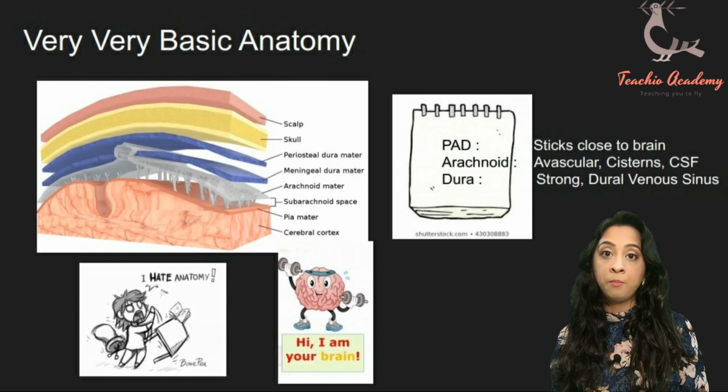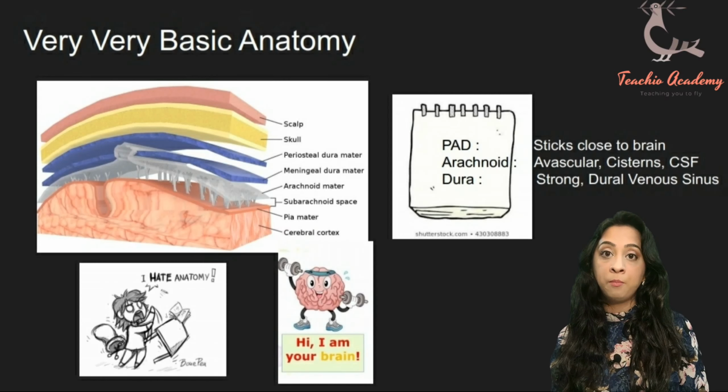Now, don't get scared by this image, guys. This is what a normal head CT looks like. I don't want you to look at anything else. Just concentrate on the things that I'm telling you. You can see a vein in the center. That's your ventricles. We'll discuss ventricles in a little more detail later on, but what I want you to look at is what the size of the ventricles is and where they're located and the shape of them. That's it. You don't need to know anything else. When it becomes abnormal, that's when it will become important, and we'll discuss it.